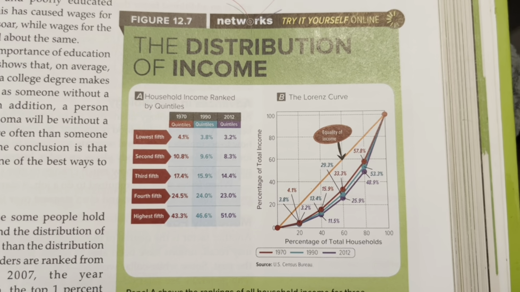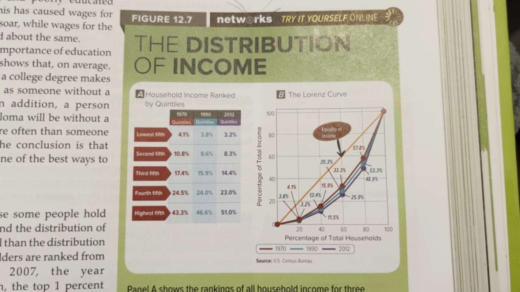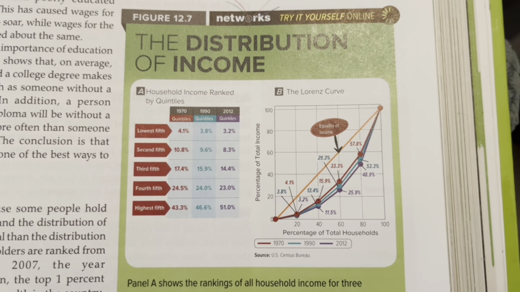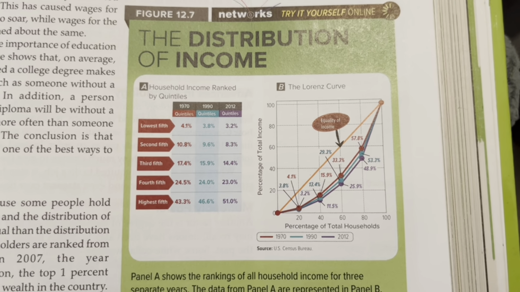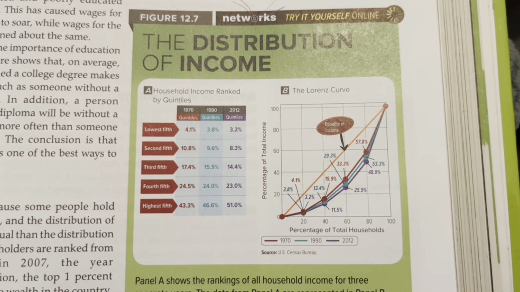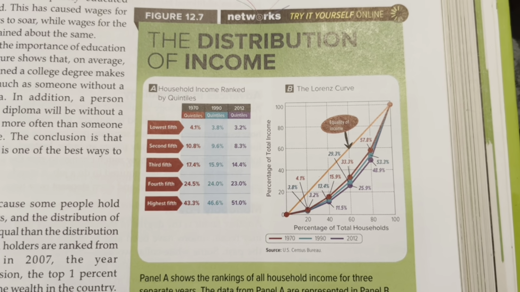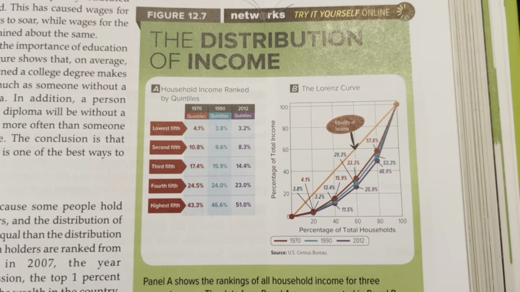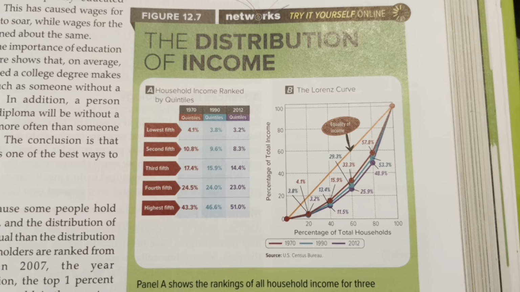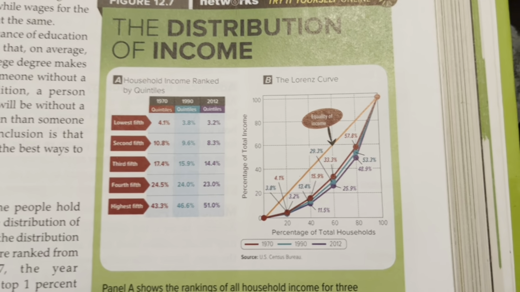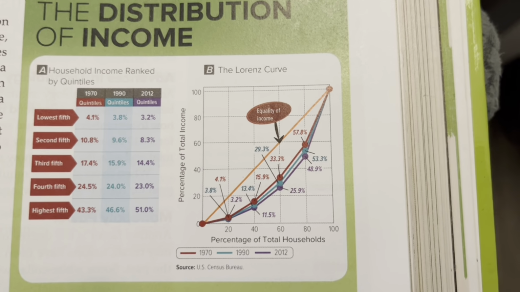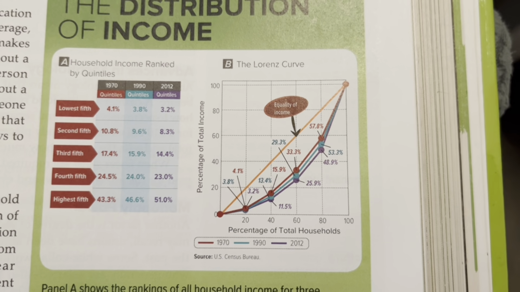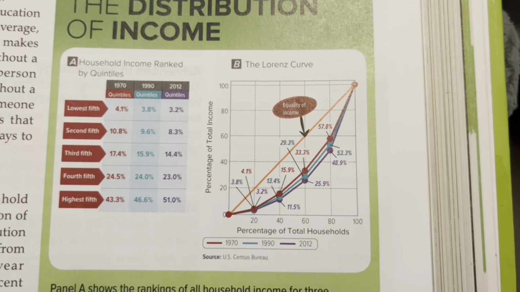And here is figure 12.7 showing the distribution of income in America. One of the things we talked about back in the free enterprise chapter is a disadvantage of freedom is it allows some people to be very successful and some people to be very unsuccessful. And that's kind of what we see here, the distribution of income showing that there are a lot of people with very low income. This Lorenz curve over on the right side, it shows the quintiles, or each 20%, the bottom 20%, all the way up to the top 20%.